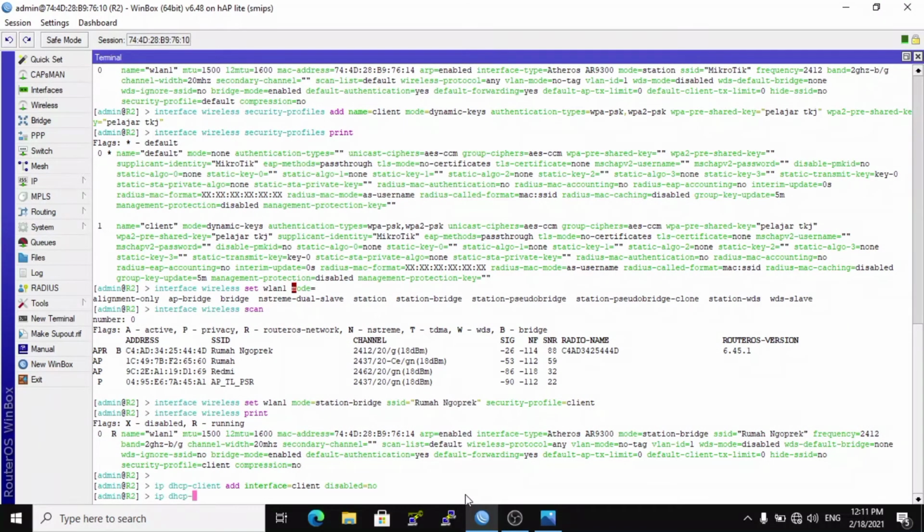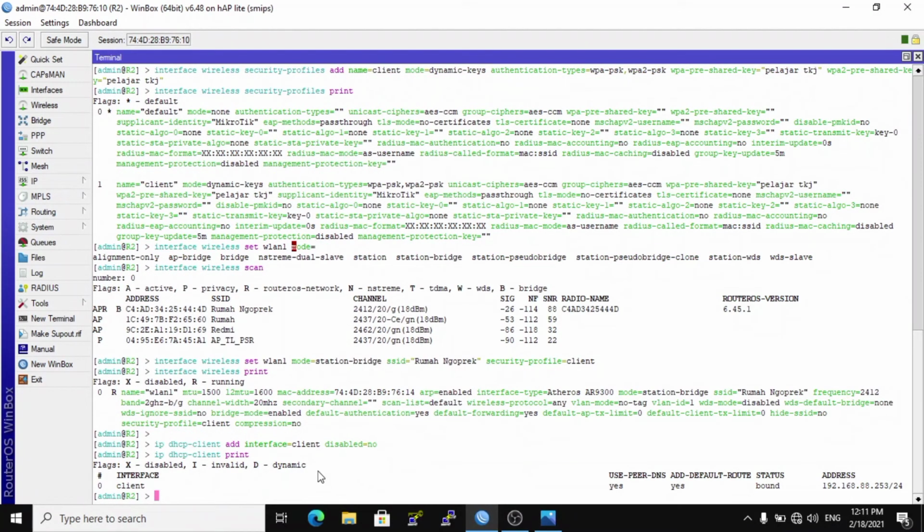Check IP DHCP client print, and this is the IP DHCP client successfully created, and it gets the IP address 192.168.88.253/24. Check IP address print.